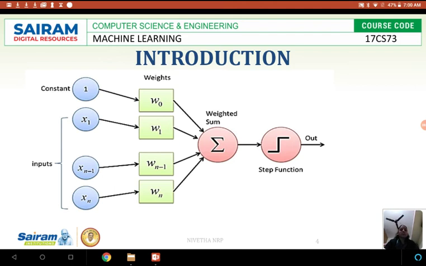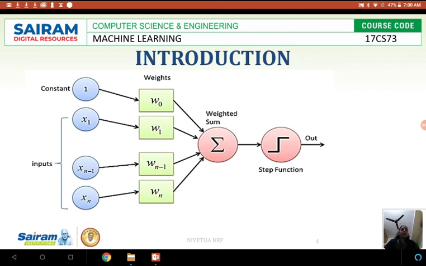Now we are going to apply a step function to that. What is this step function? With this step function, the data obtained in the weighted sum is categorized as either 1 or -1. When the threshold value is met, or when the data is greater than 0, you get the output as 1. Or whenever you have a negative value, and the data you have obtained is far different from your threshold value, then you get -1.